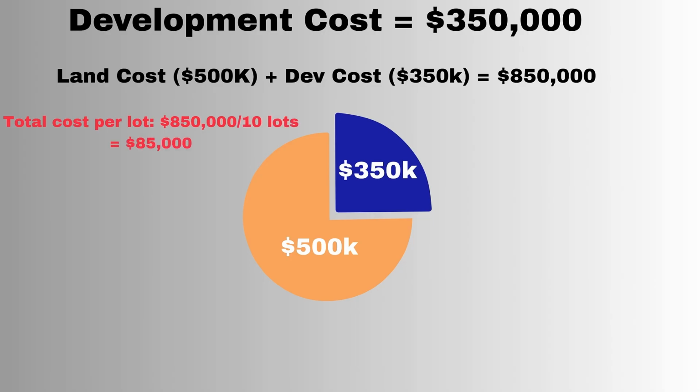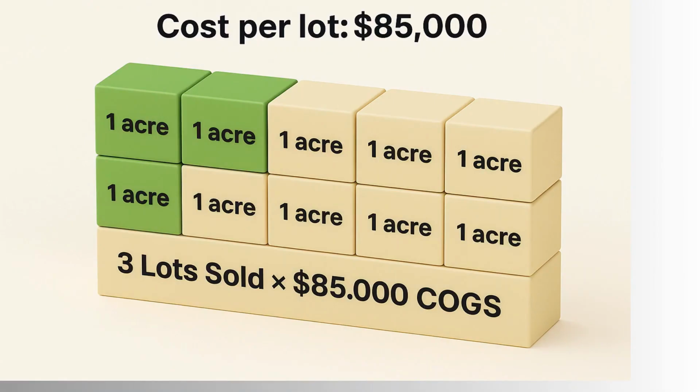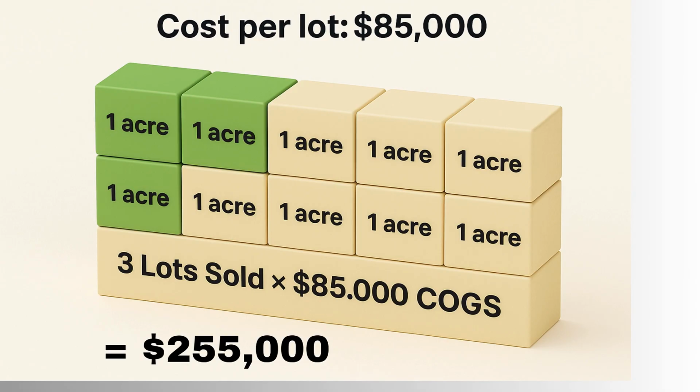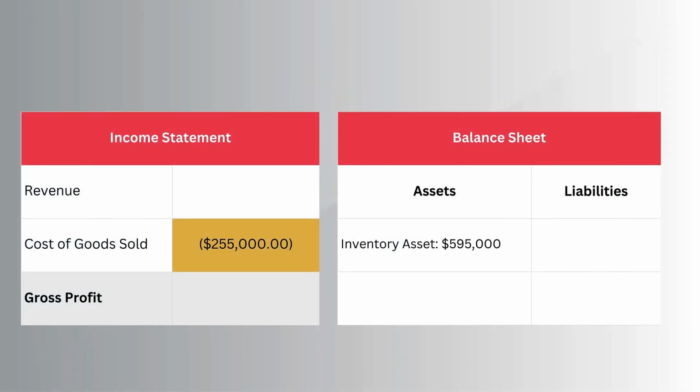The developer's total developed land inventory on their balance sheet is $850,000. Now, let's say this year they sell 3 of the 10 lots. What is their cost of goods sold? It's 3 lots sold multiplied by the $85,000 cost per lot, which equals $255,000. Their cost of goods sold is only the cost of the lots they sold. The remaining inventory of $595,000 for the 7 unsold lots stays on their balance sheet as an asset, ready to